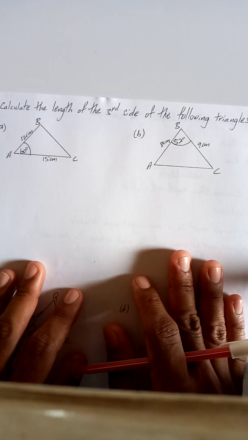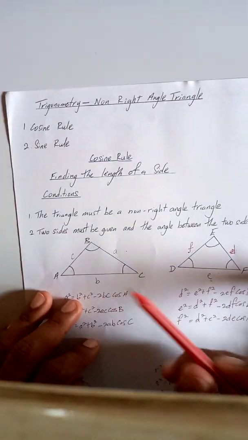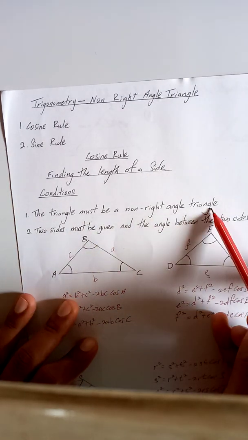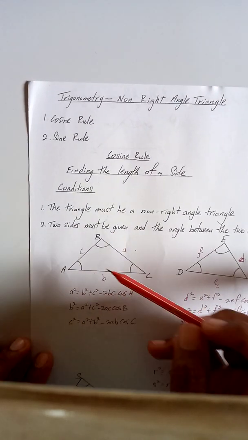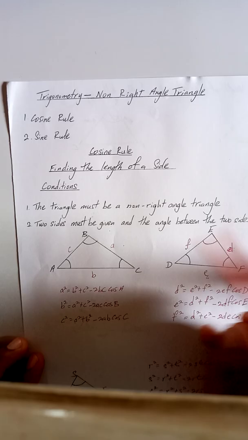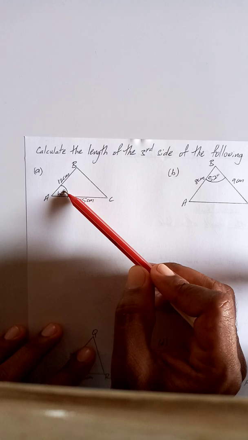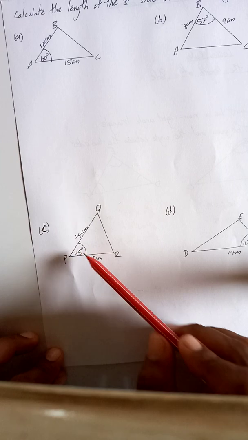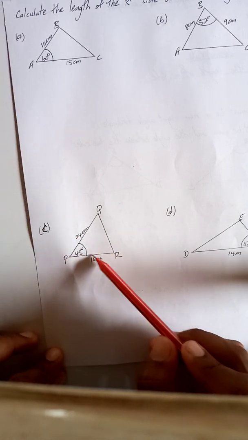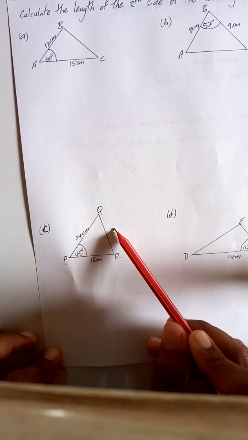Alright, calculate the length of the third side of the following triangles. Let me go over the condition. The triangle must be a non-right angle triangle, and two sides must be given. For this formula to work, we should know two sides and the angle between the two sides. So here we know two sides and the angle is in between the two sides. Here the angle is between the two sides. Here the angle is between the two sides. So if we know the angle on this side and probably this 24 is there,